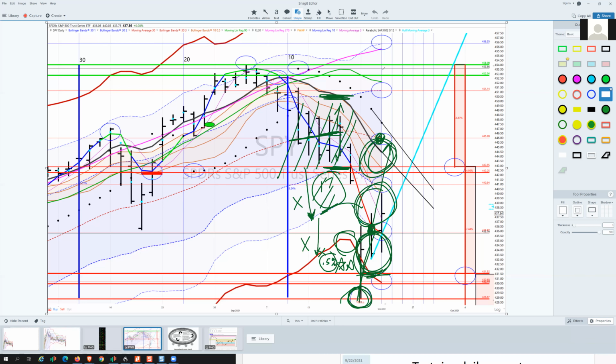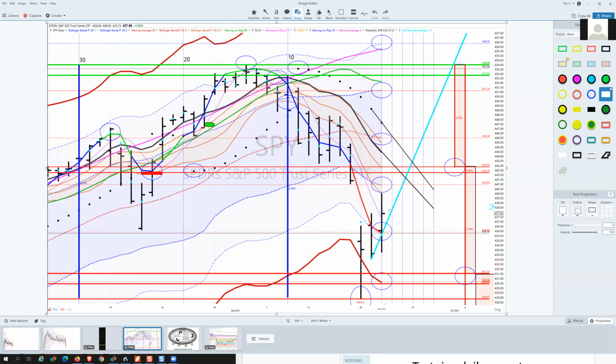So what are some other things that we notice here? The Hull 3 period has moved back to upward motion. We had the 1, 2, 3 entry possibility here. The RL10 is still in the winter, but is starting to flatten out. So if we had one more good day, it wouldn't surprise us to see that RL10 move this way, and then this would create a new support level like the RL10 belly, and then that would become the demarcation line for future moves. That would be where we'd invoke the CD, the collapsing dragon would trigger.